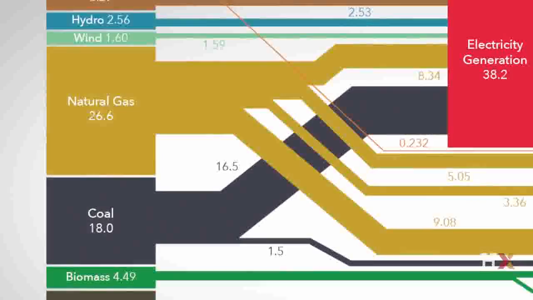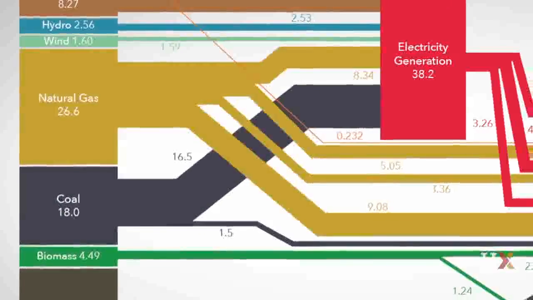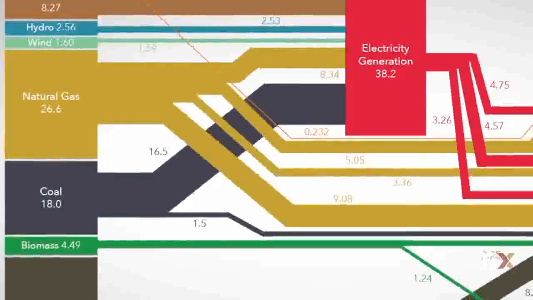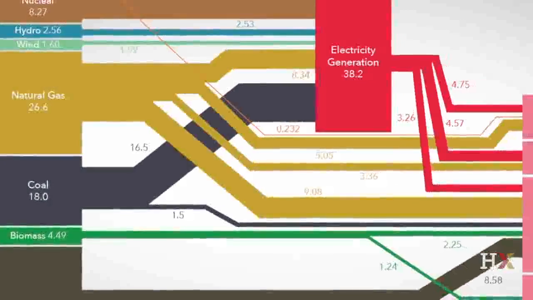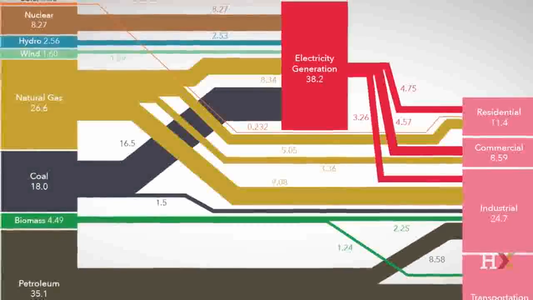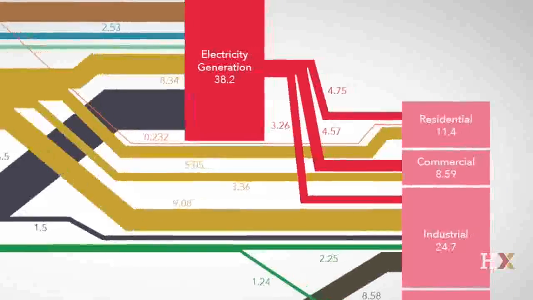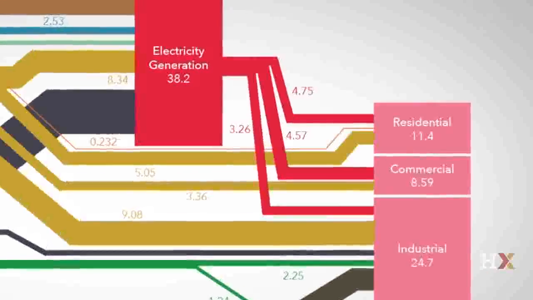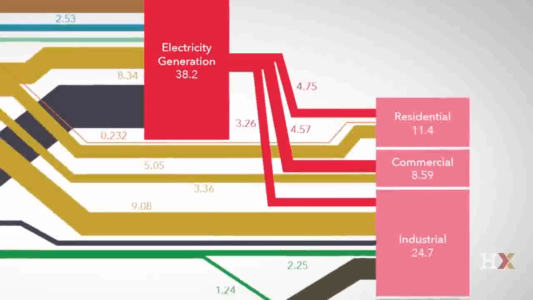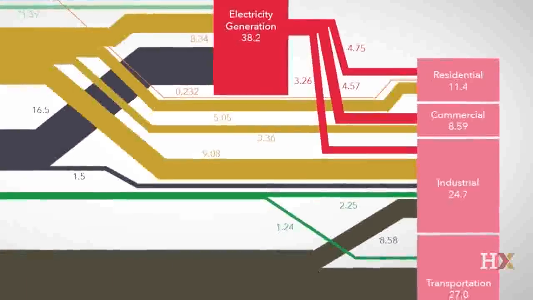So for example, basically all coal goes to the electricity sector. Almost none is used anywhere else. Whereas gas goes all sorts of places. Some goes to electricity, some goes to residential uses, commercial uses, industrial uses, a range of places. Then you can see the electricity sector as the most important intermediate energy carrier. And then finally notice the four sectors into which we divide the economy on the right-hand side: residential, commercial, industrial,